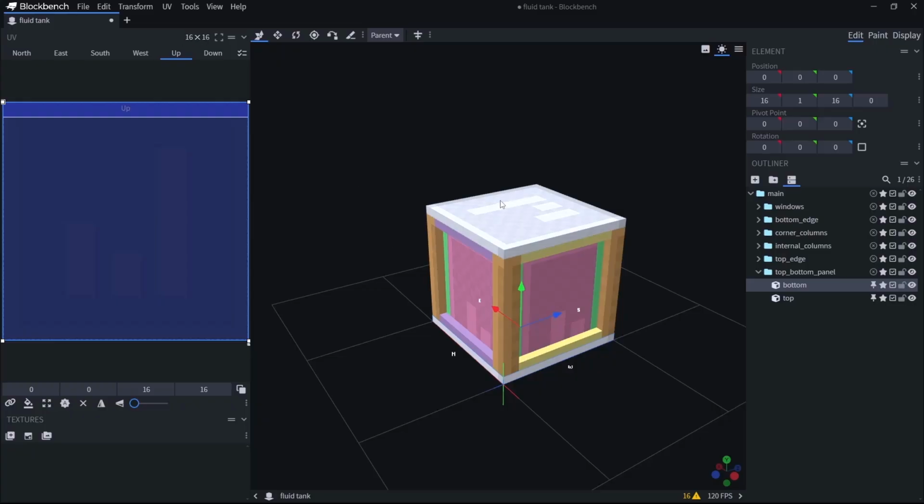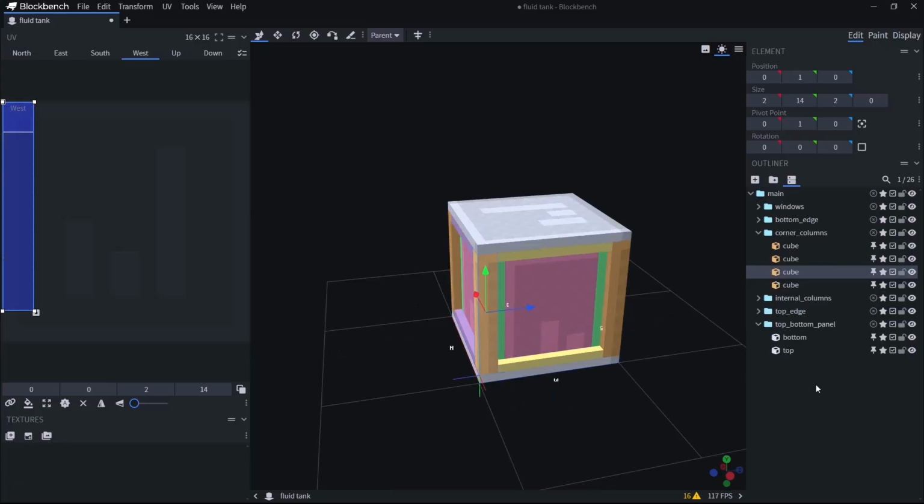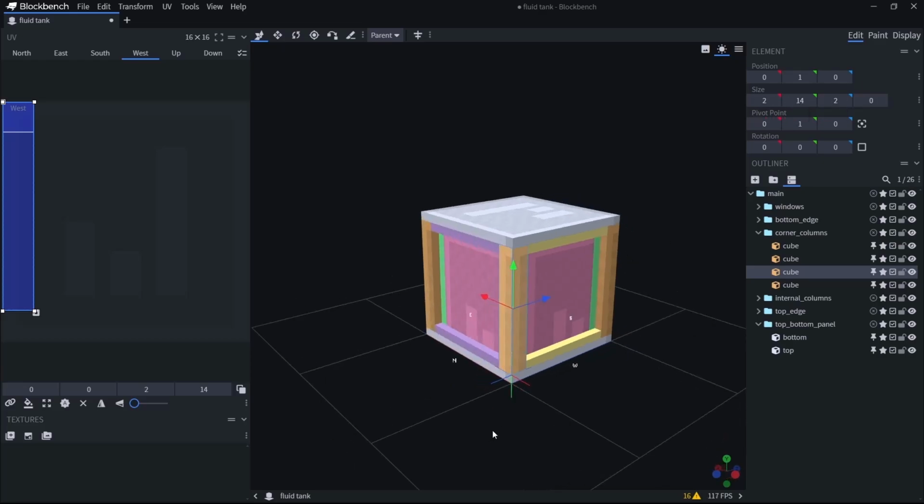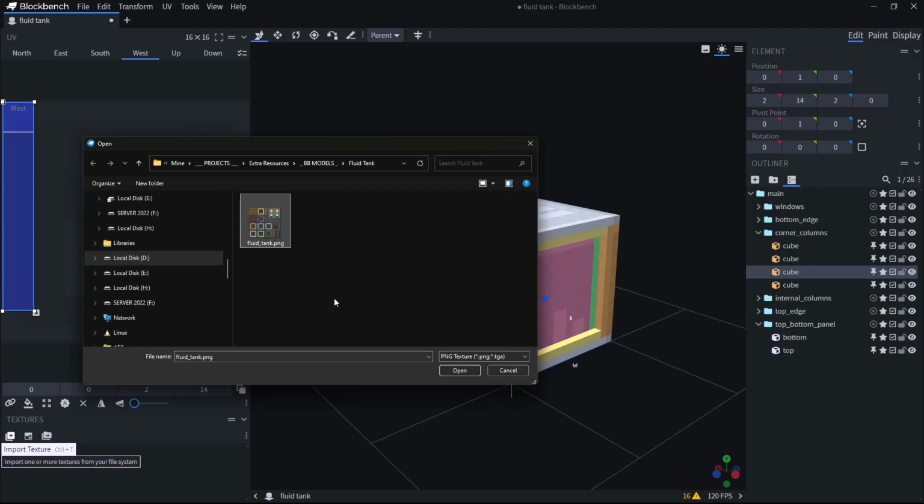However, knowing that this top section is 16 by 16 and knowing that, for example, this one is 14 by 2 by 2, I can go back in my Paint application, like Photoshop, for example, and start developing a texture on a bigger texture size and rearrange the texture however I want without being careful about the UV layout or anything else. And when I'm happy, I can come back here and I say import texture, and I can import that